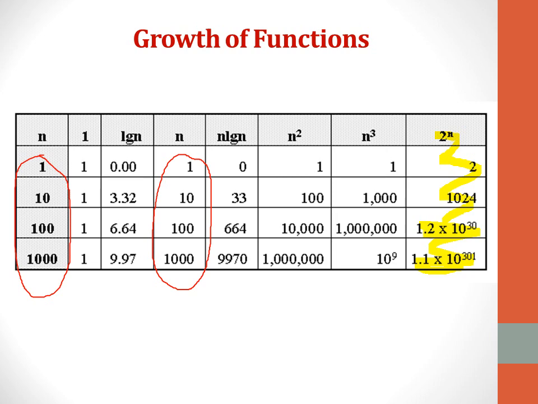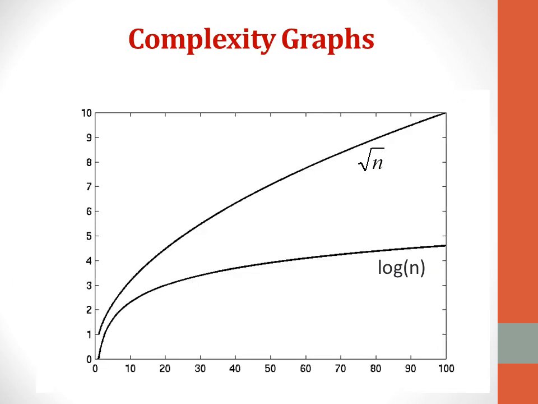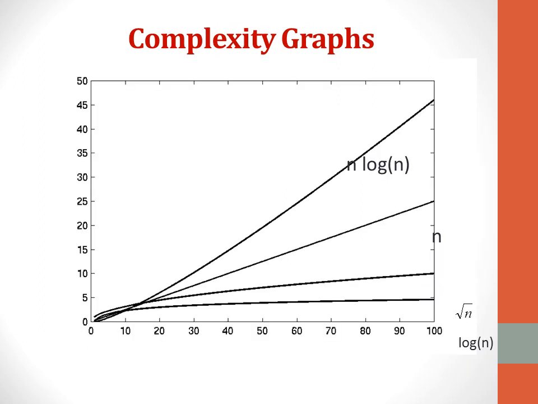Now let us analyze all these values, all these growths of functions, all these complexities on the graph paper. So now the complexity graph says it is between root n and log n. So you can verify that here it is in between on your y axis, and root n is above all of that. Proceeding further.